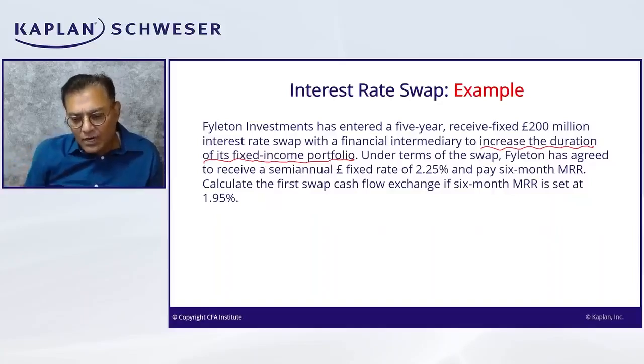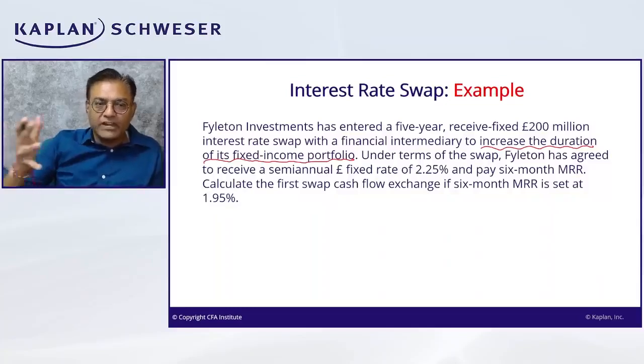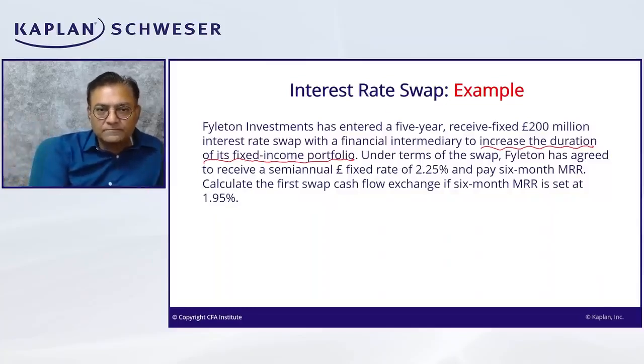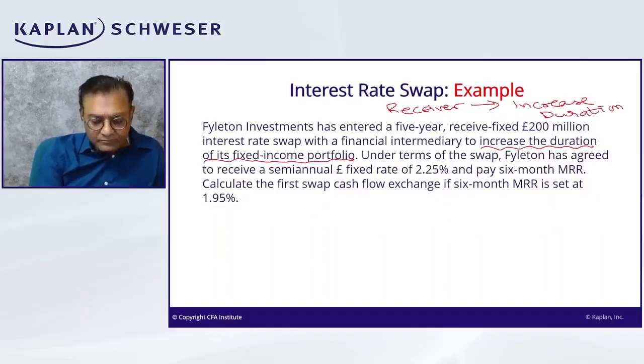Or you can also use derivatives synthetically to increase the duration of a portfolio. To increase the duration, you become a fixed rate receiver. So receiver is a term used for a swap counterparty that receives fixed rate. Payer is the swap counterparty that pays fixed rate. So a receiver position can increase duration, and a payer will accordingly reduce duration. Okay,